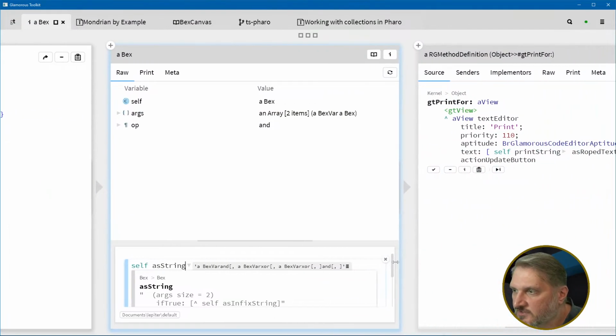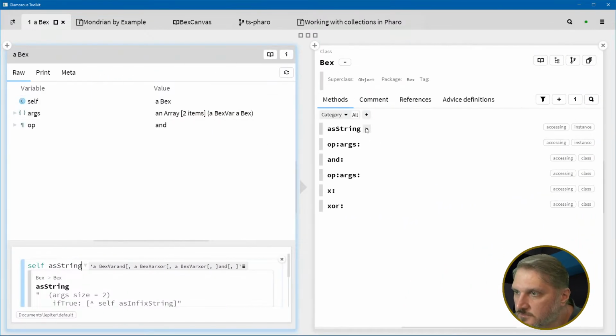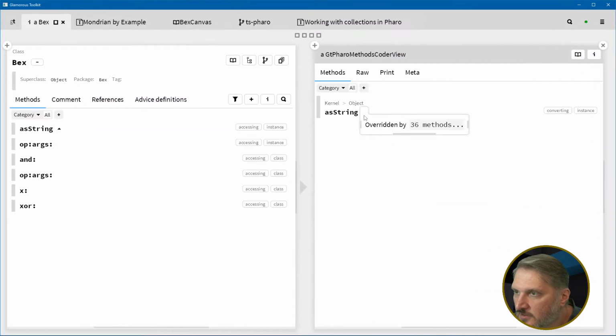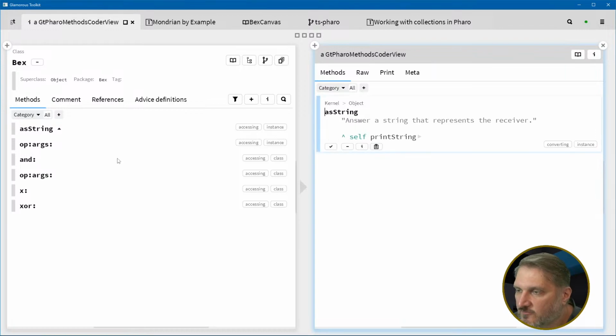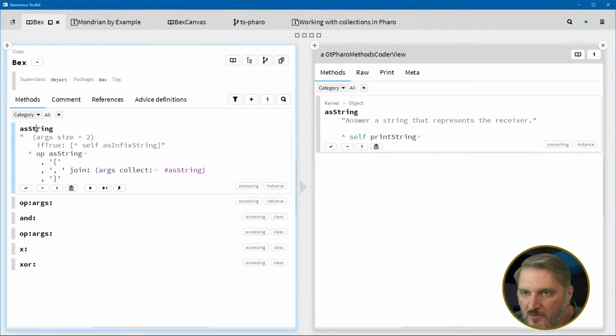What does object as string look like? I see what overrides one method. Okay, I don't want to. Yeah, self print string. So really, I want print string. All right. So if I save that,